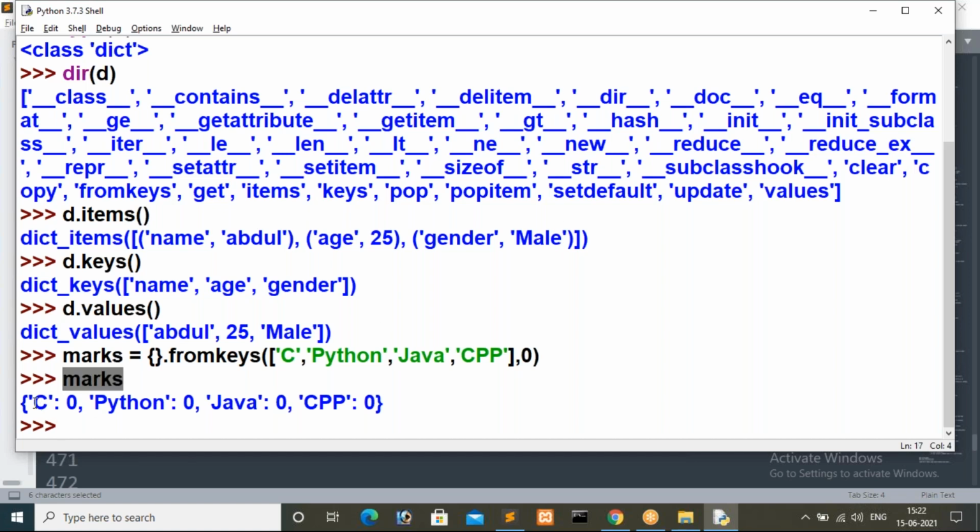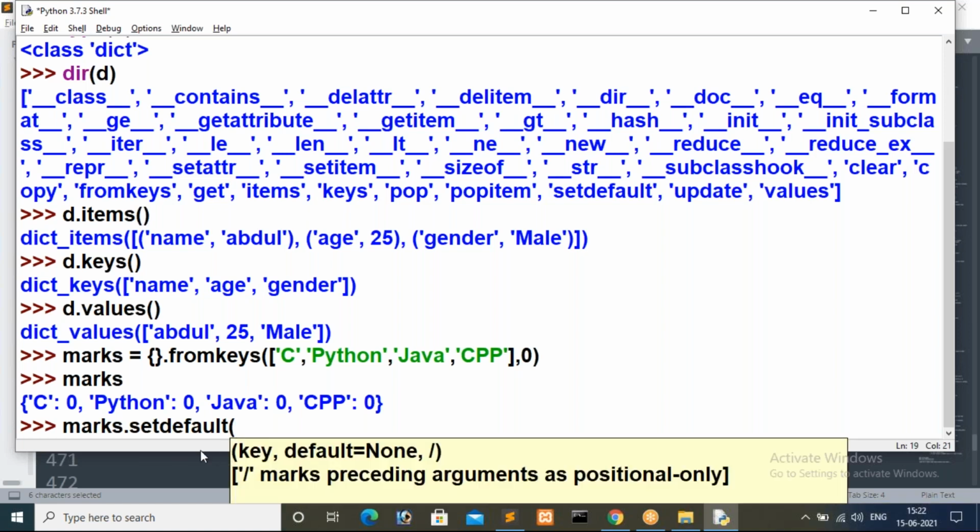Inside marks we have four different subjects: C, Python, Java and CPP. In each and every subject we have an initial score, that is 0, 0, 0, 0. Now I want to update a value inside one subject. For that case I'm using marks dot setdefault.